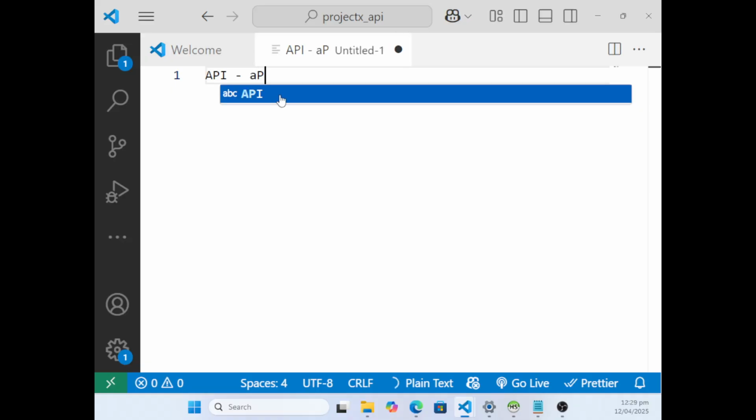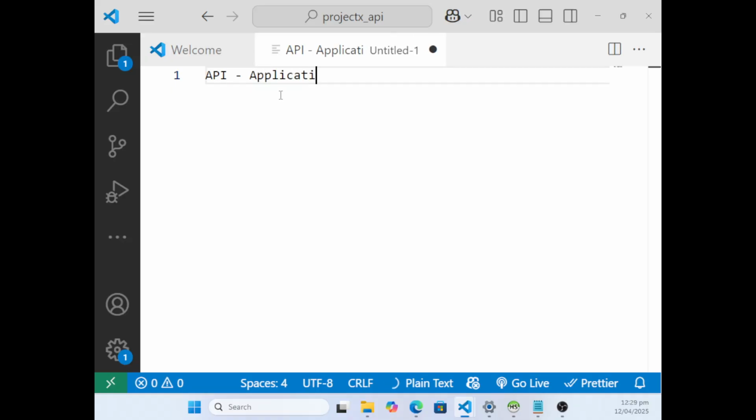API is Application Programming Interface. Okay? Application Programming Interface is a piece of software that acts as a middleman between two pieces of software that cannot connect directly. For example,